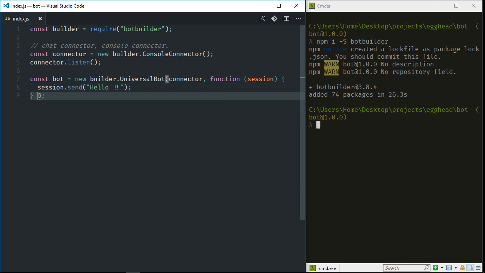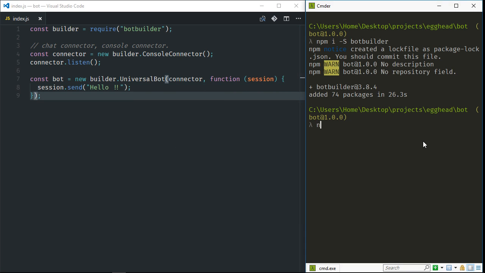Now that we've done coding, let's go ahead and run our bot. So let's give it an input as hi from egghead, and the reply should be hello exclamation mark. Yes, it is. So let's say a simple hi. Even then the reply